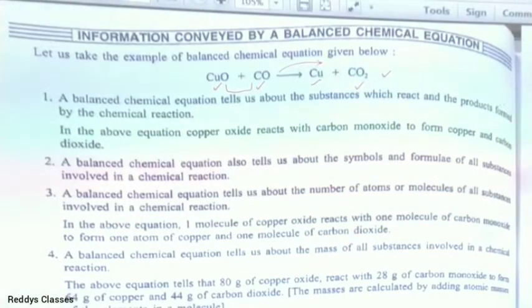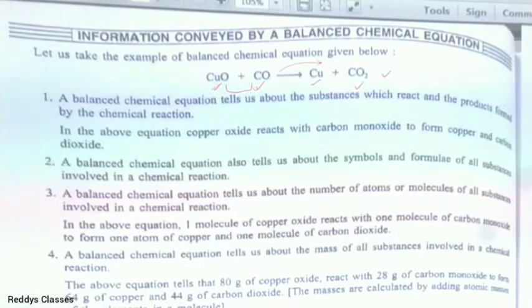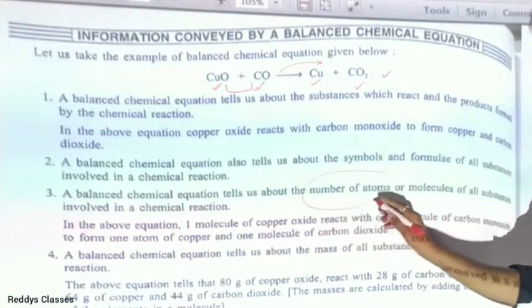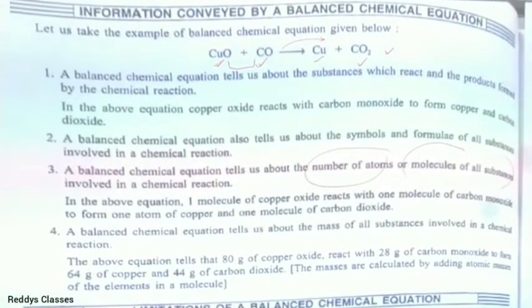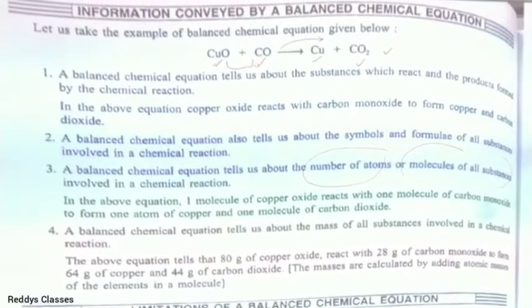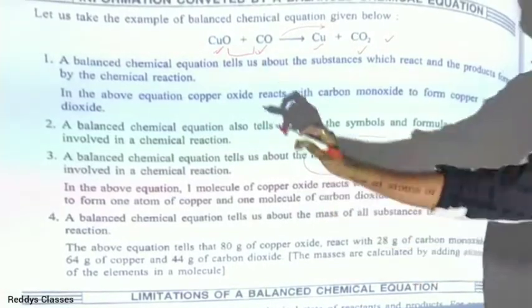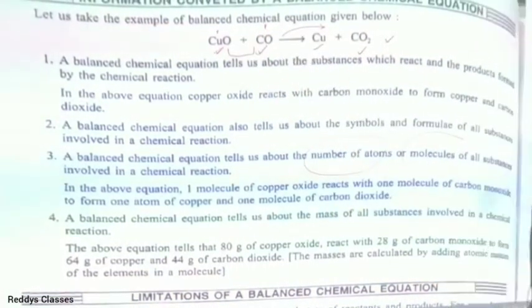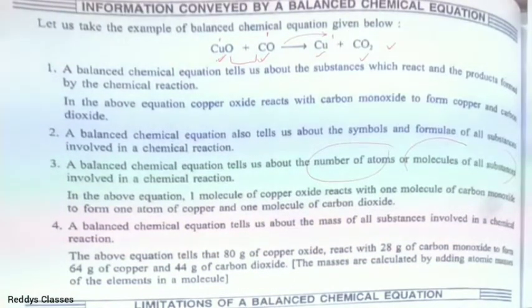A balanced chemical equation also tells us about the symbols and the formulas. You can see these are the symbols and the formulas of all substances involved in a chemical reaction. It tells us about the number of atoms and molecules of all substances involved in the chemical reaction. In the above equation, one molecule of copper oxide reacts with one molecule of carbon monoxide to form one atom of copper and one molecule of